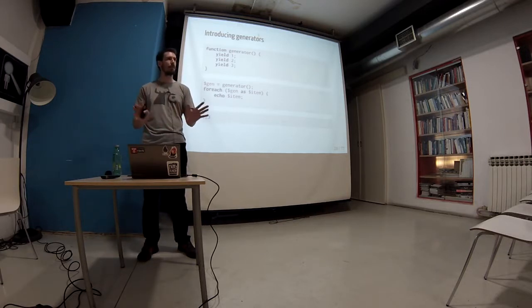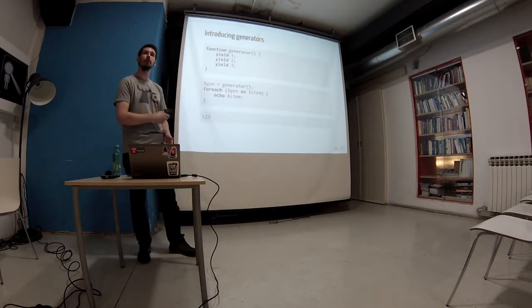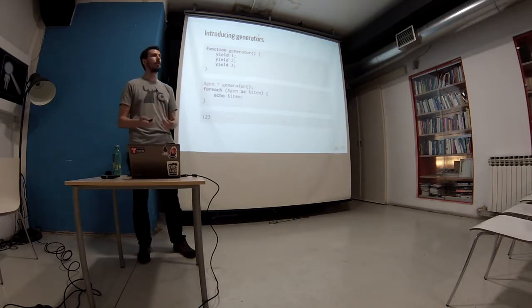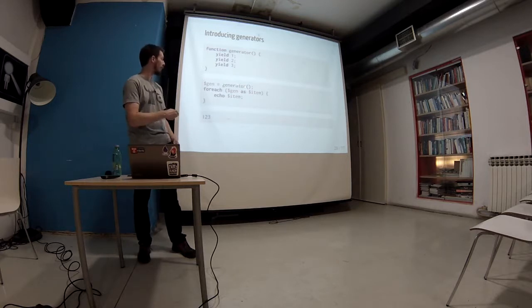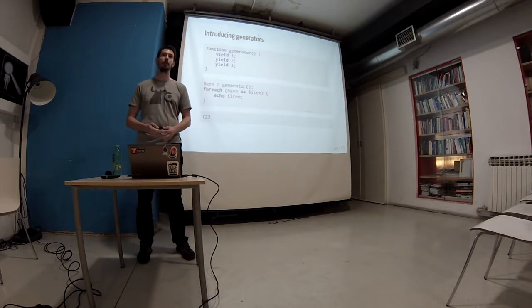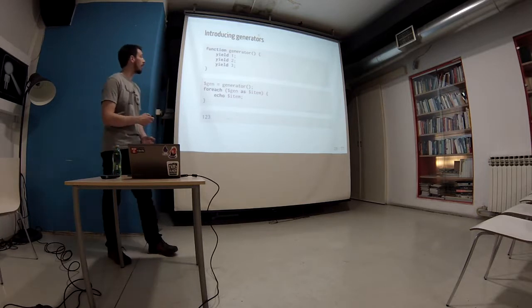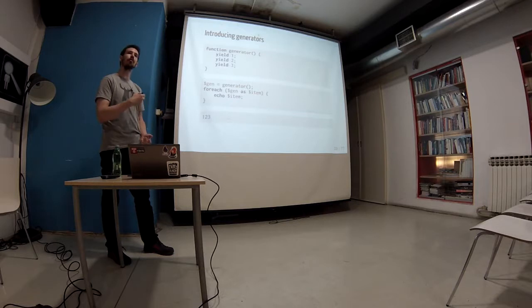And this is all done in PHP core. You don't have to think about it. As soon as you have yield in your function, what you get when you run this function will be the generator, and you can put it in a foreach loop. You can iterate upon it. So in this stupid example, when we iterate over this generator, what will happen is that for each loop of this iteration, the generator will